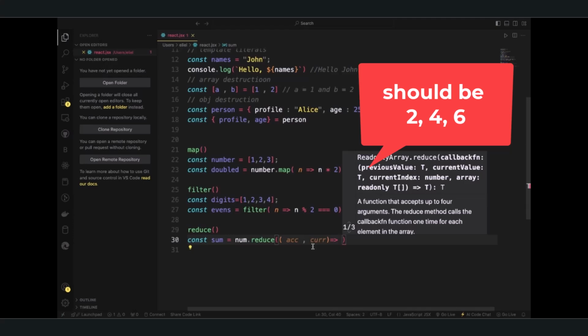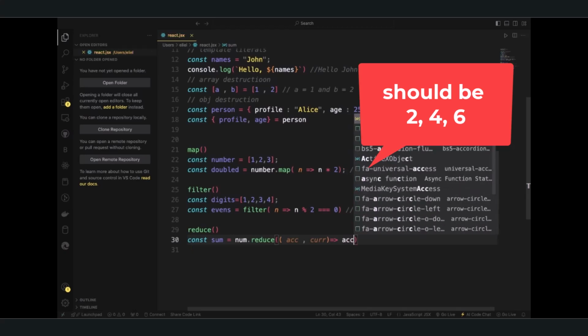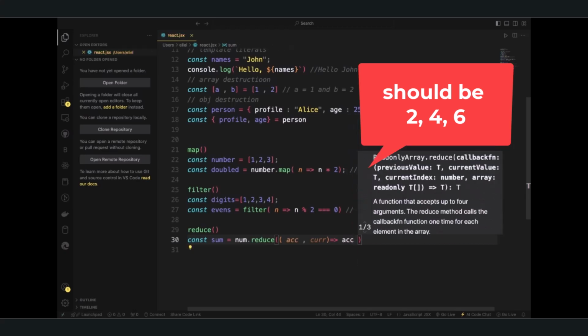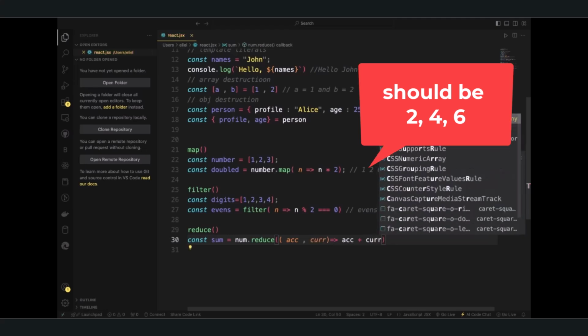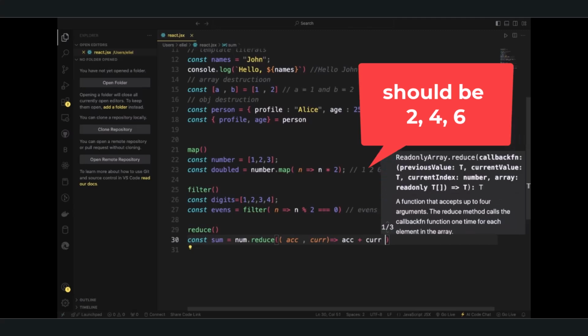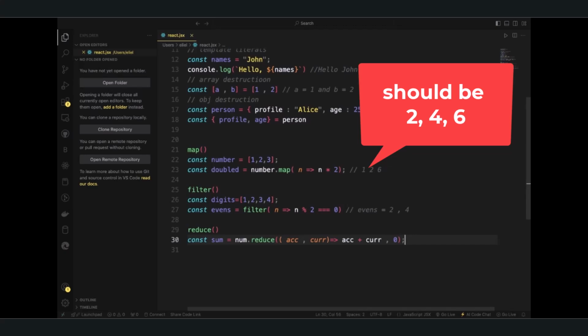Okay, so we have accumulator plus CUR, which I call current, and then I say it's set to 0 like that. So do you get it? I just explained how accumulator works and how current works. So we set accumulator to 0 and current to 1. So lastly, we should talk about